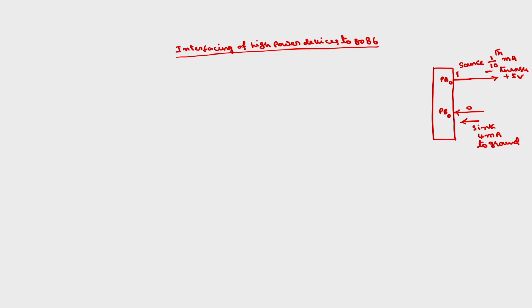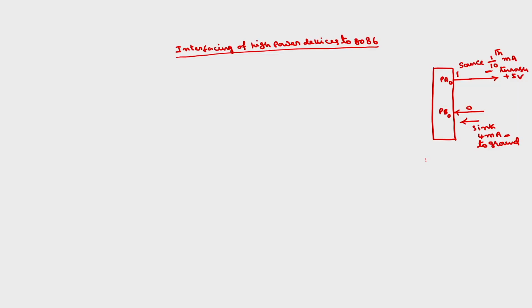But such small currents may not be enough to drive high power devices. What are the high power devices?